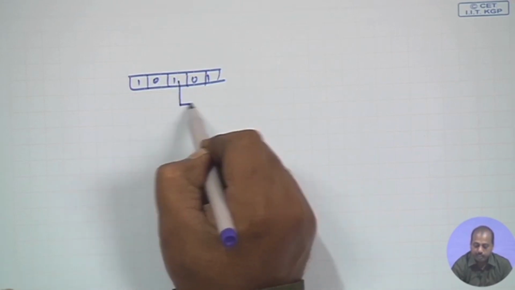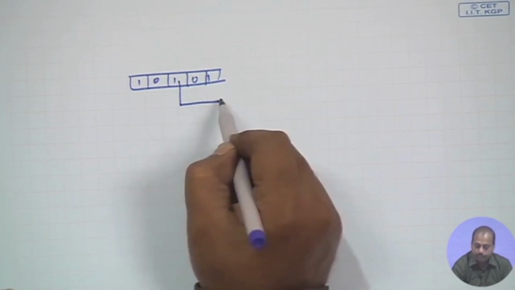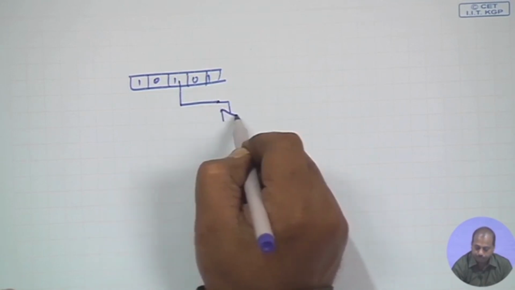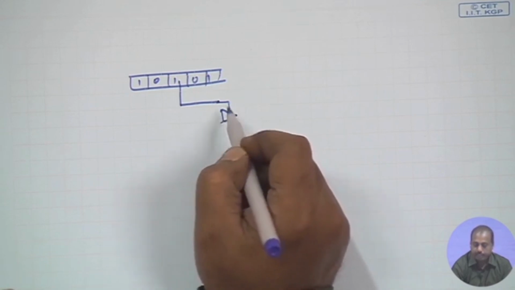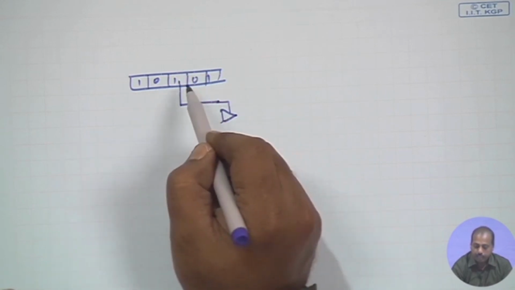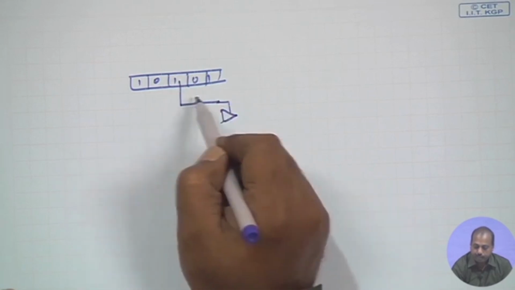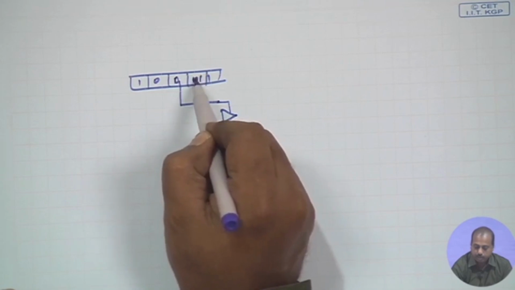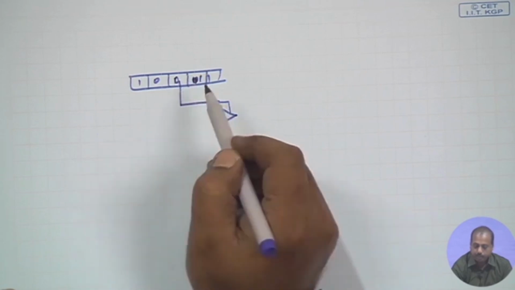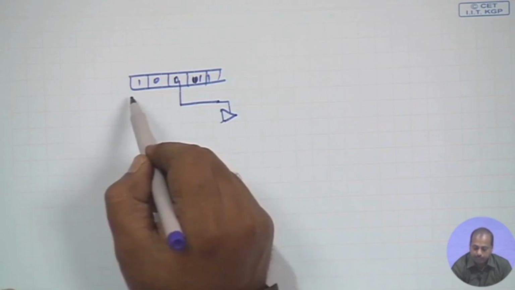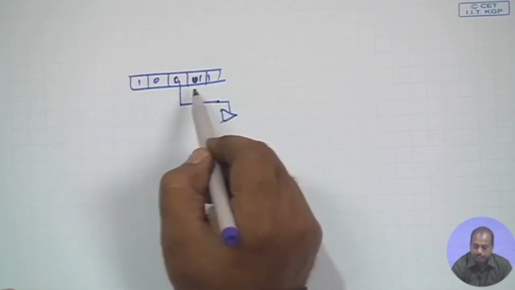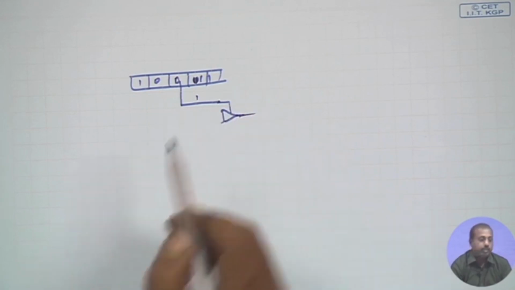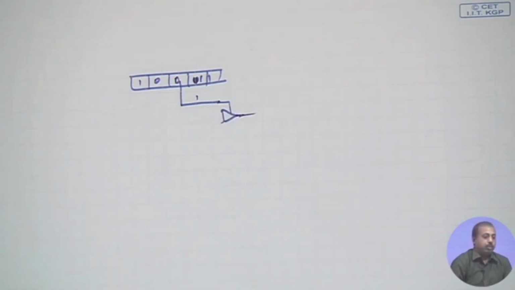Maybe this bit is actually controlling that one enable line of a tri-state buffer. Now, ideally this should be enabled, or maybe this is 0 and say this is 1. Ideally this should be disabled for the final operation, but while I am shifting the pattern through this chain, sometimes it is getting the value 1, as a result this buffer is getting enabled. So, that may create problem with the